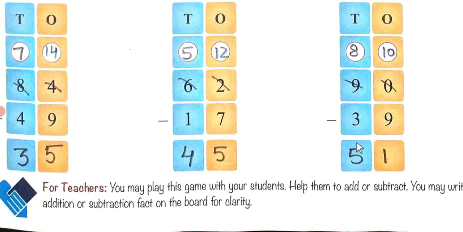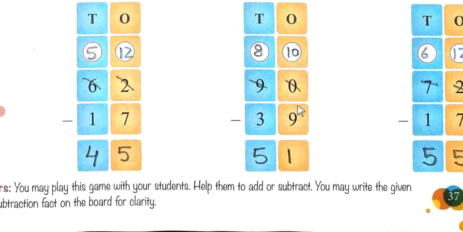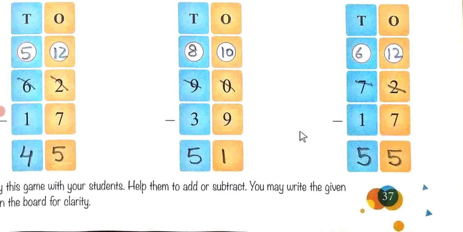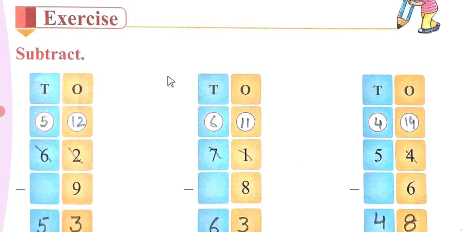So I hope that you have understood this. Next time we'll go through more of subtraction. We will see the word problems, number stories, and checking subtraction with addition, mental maths, and we'll do more and more activities in this chapter. So up to page number 37 we have completed. I hope that you will complete the work in your own maths book by this video.